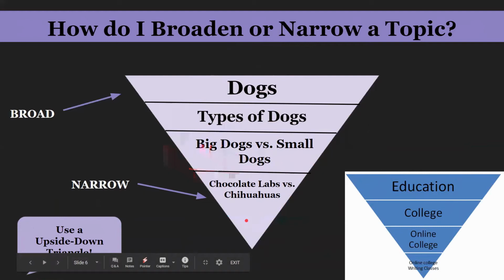Now that is a solid paper you can do, because then you can compare and contrast the two versus coming up with every single big dog, every single small dog, or every single type of dog, or just dogs in general. That topic gets bigger and bigger. That's why this is a bigger font, this is a smaller font, and it's the bigger part of the triangle and the smaller triangle. It's just like a funnel where it goes down, down, down, and down until you get your perfect topic. And if I even wanted, I could go even more down to get an even more narrow topic, but then that might limit your research.